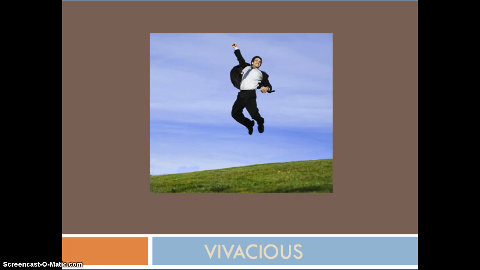Here's that other word I was talking about that has a similar definition to the word alacrity, and it's vivacious. Now, alacrity is a noun, vivacious is an adjective, so you would describe somebody as vivacious. You might know this from your foreign language classes, viva meaning life. So vivacious is lively, sprightly, or full of energy. This man here is jumping up in the air, full of energy and excited. The synonym for this one, spirited, antonym, dull.